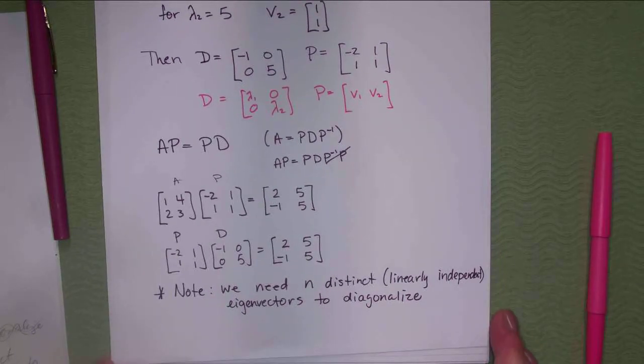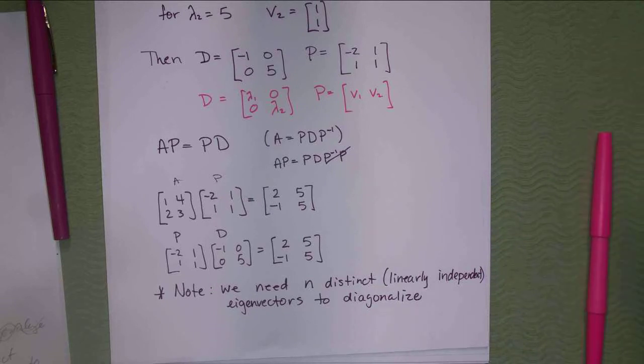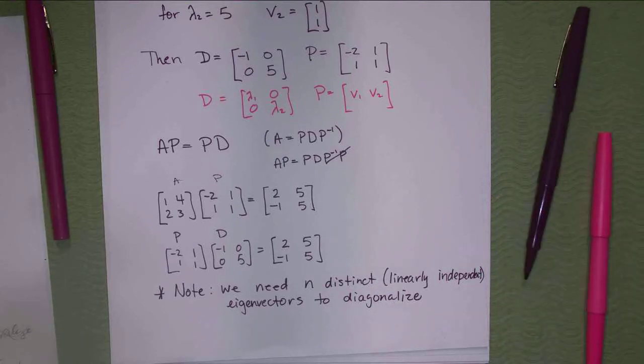So there are cases when you wouldn't have that. Say, for example, you had a 3 by 3 and you ended up with only one eigenvalue, and then maybe 2 corresponding eigenvectors to it. You need to have 3 in a 3 by 3, not just 2. So the example we did earlier,